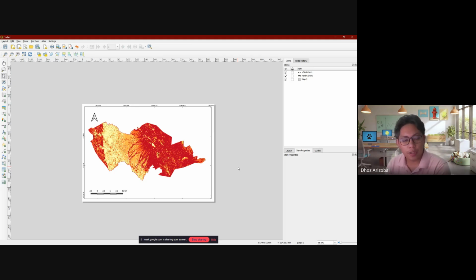It makes it harder for your reader or for the people to read. I can't easily compare because this one is small, this one is big. So that's why when you have maps, when you do it on your report, a map should be one page. Walang iba. It should occupy the page always.